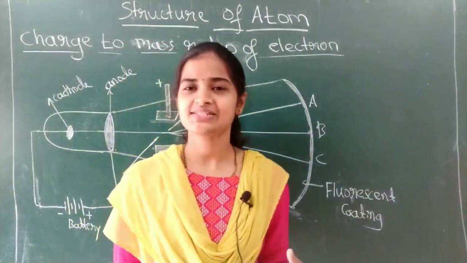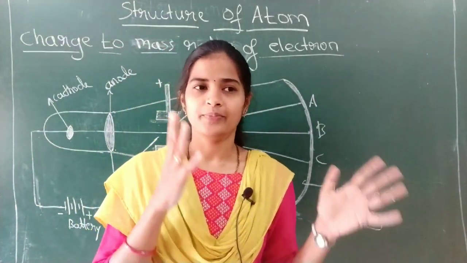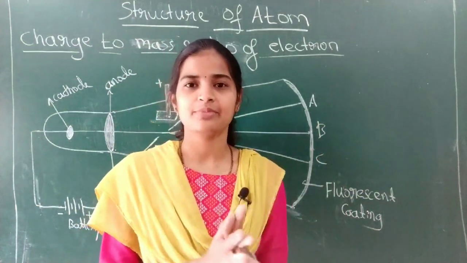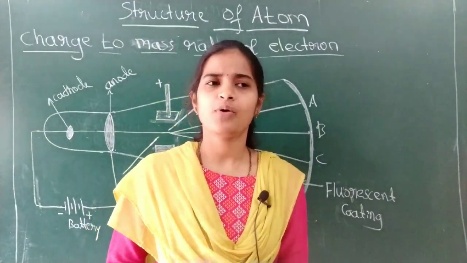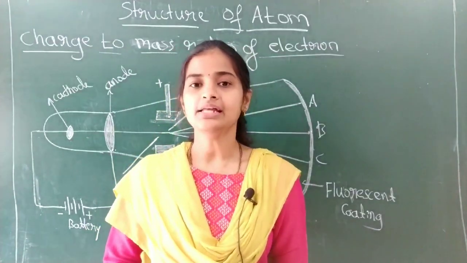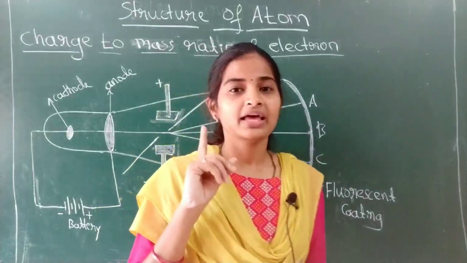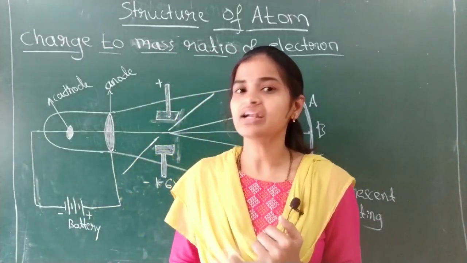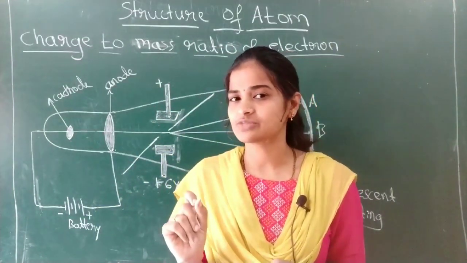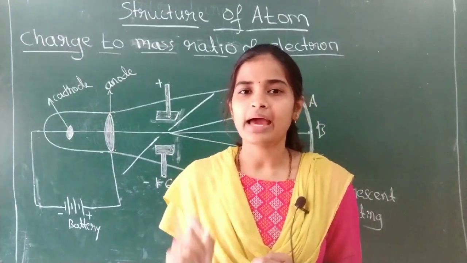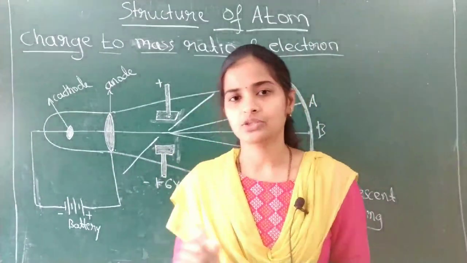In the previous class we discussed the origin of the atom and how the idea of subatomic particles came into existence, and also one of the important subatomic particles, that is electrons. Discovery of the electrons we have discussed. By what method were electrons discovered? Cathode ray discharge tube experiment, isn't it? Who performed that experiment at first? Scientist Michael Faraday. And also we have studied the properties of the cathode rays.